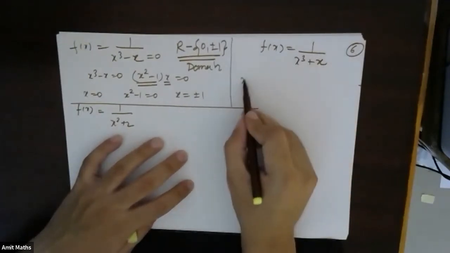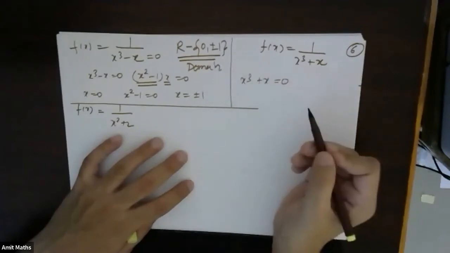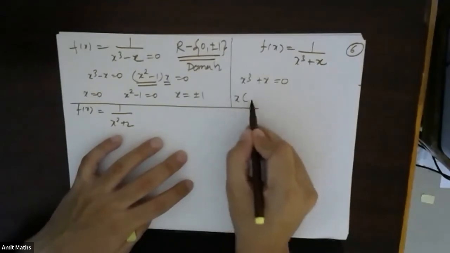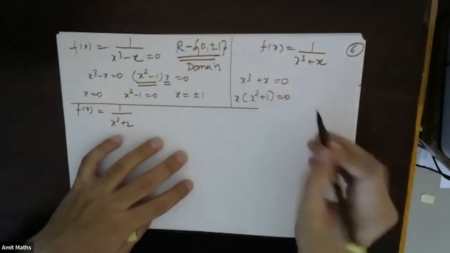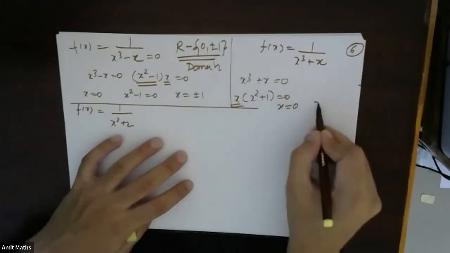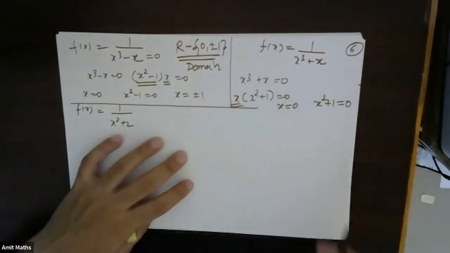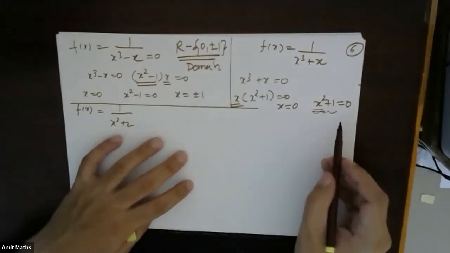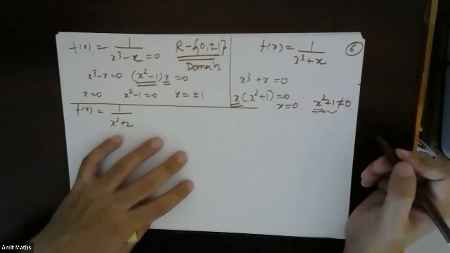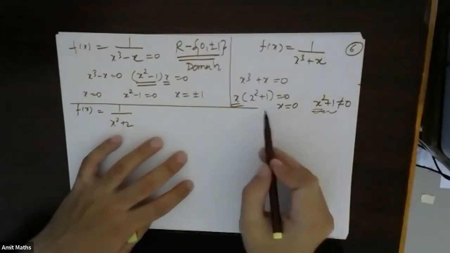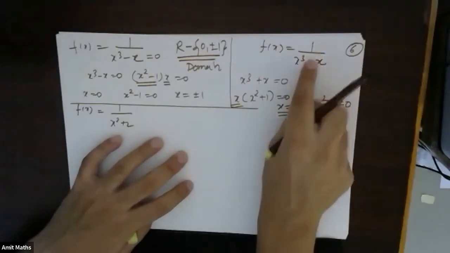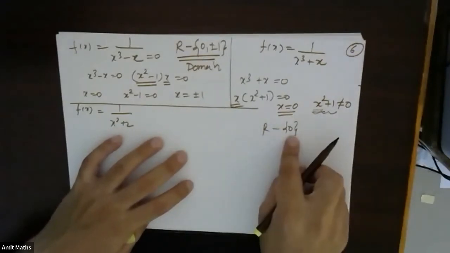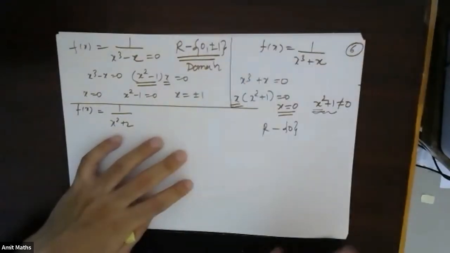For the next part, I'll substitute again x cube plus x equal to 0, because this should not be 0. So I'll find for which values it is 0. So it is x into x square plus 1 equal to 0. So for this one, x is equal to 0, and x square plus 1 equal to 0. Now for real values of x, can this ever be equal to 0? No, this is never equal to 0. So only for one value of x, that is x is equal to 0, this will be 1 by 0. So I will remove that one value of x. Understood? If I remove this, any other value will satisfy.